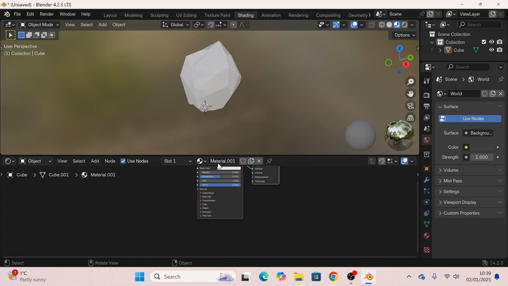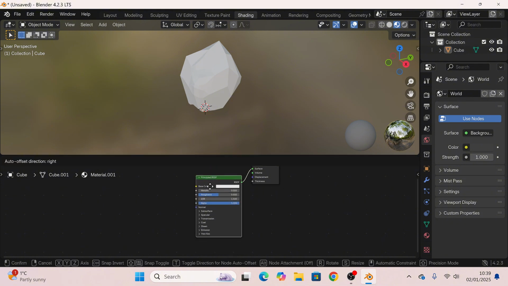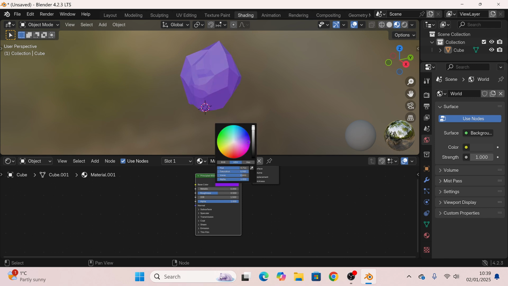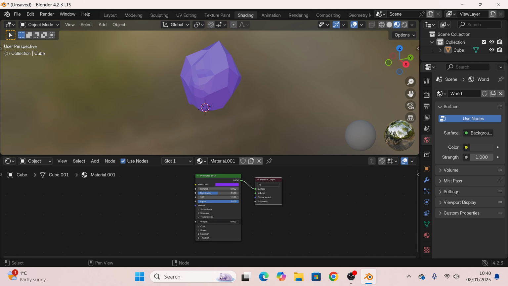Then I went to add some colors to make this look more like a crystal than what it currently does. I don't really understand the nodes yet, so I'm just trying. I used a little tutorial to get here, and from what I can see, it kind of works off of the same thing as